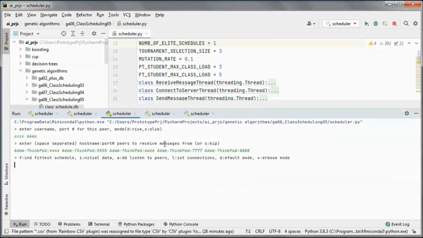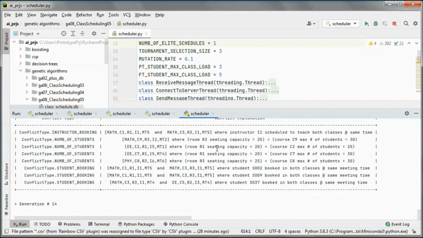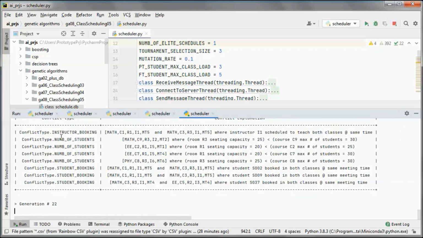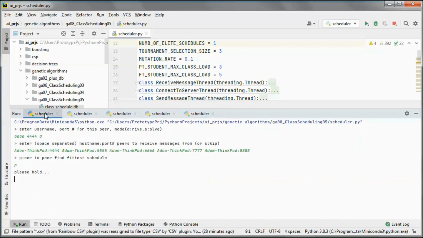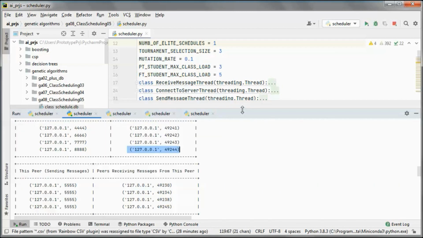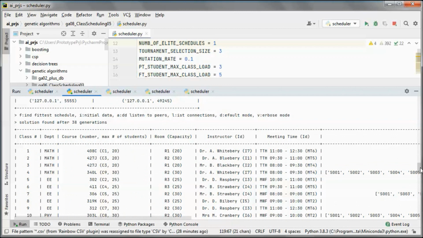So we don't see anything here, and here we see what's happening on those two. And this one found the solution after 38 generations.